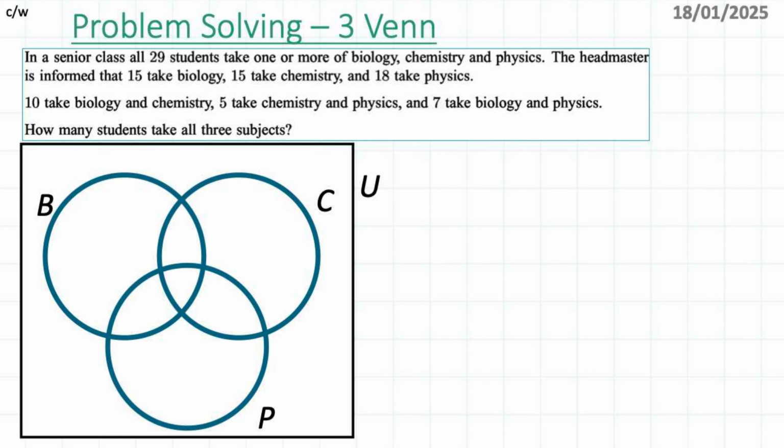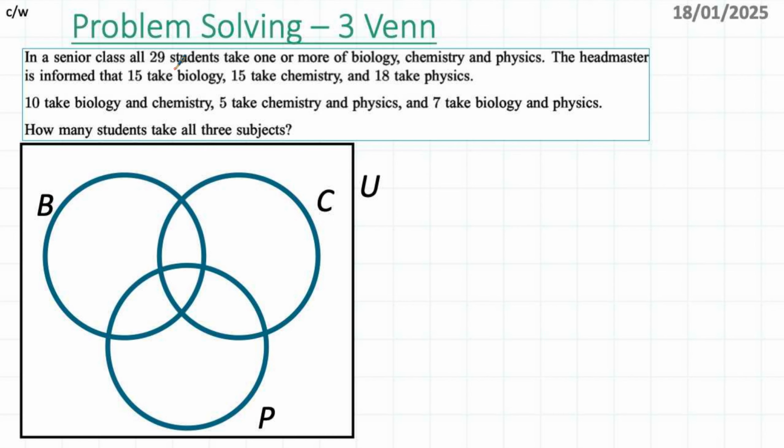Now for 3 Venn diagrams, again, try this question on your own or read. The slides are already detailed. If I reveal the answers, I do also have a separate video on this specific question that you can watch. But the idea remains the same on how to fill up these 3-way Venn diagrams or 2-way Venn diagrams. Always start with the center and then start building in the intersection. So if you have this information, if you know the intersections, fill them up, but always start from the very, very center. Be careful if a question says, for example,